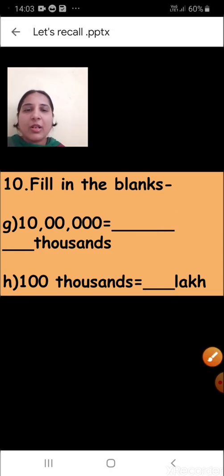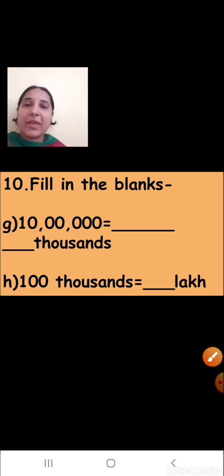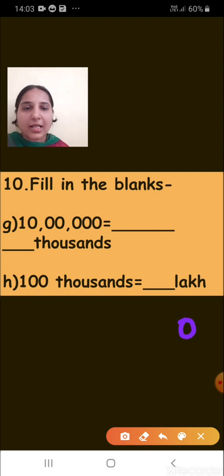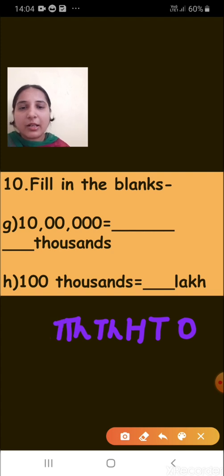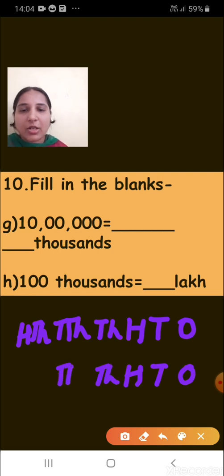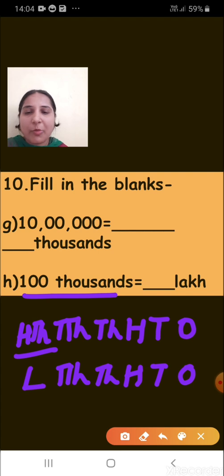Can you tell me? So first we will write 100,000. It means this number is in the international number system. So first let's write the place values according to the international system. So ones, tens, 100, 1,000, 10,000, and 100,000, isn't it? Now let's write it according to the Indian system. So ones, tens, 100, 1,000, 10,000, and then what comes next? Lakh. So you can see 100,000 is equal to how many lakh? 1 lakh, isn't it? So we will put 1 here.